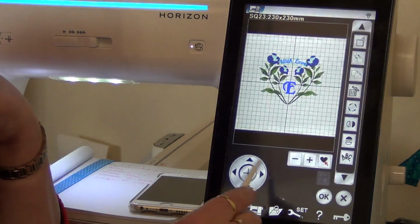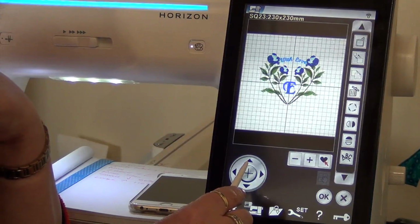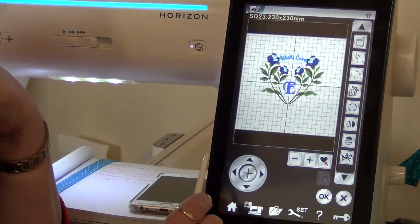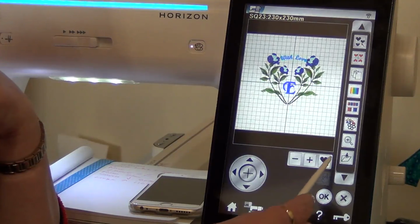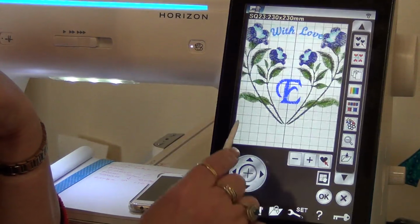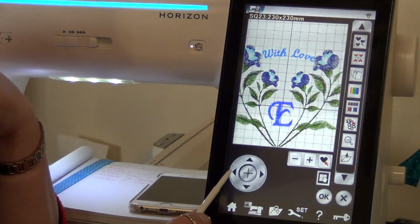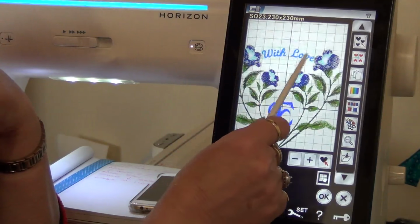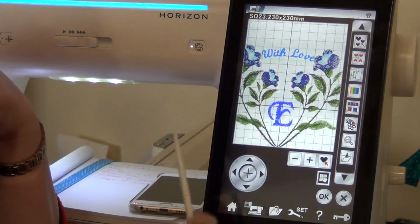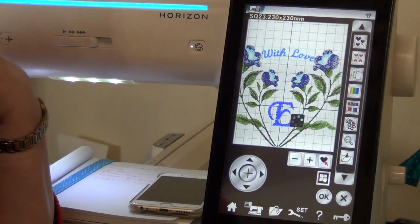So if I say OK, I might just move it up a little because I wanted it to arc between the roses. Now you could place this wherever you like, going back into my zoom so that you can see, and I could just move it to the left a little. So we've got with love up here between the flowers, and we've got our letter E here. So if I say OK